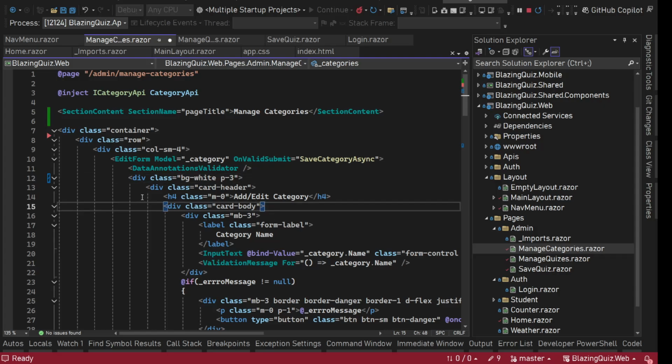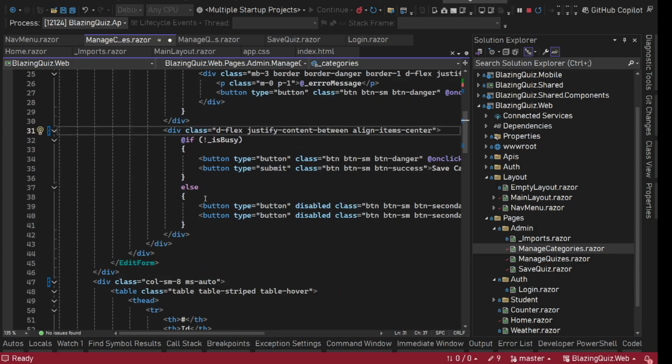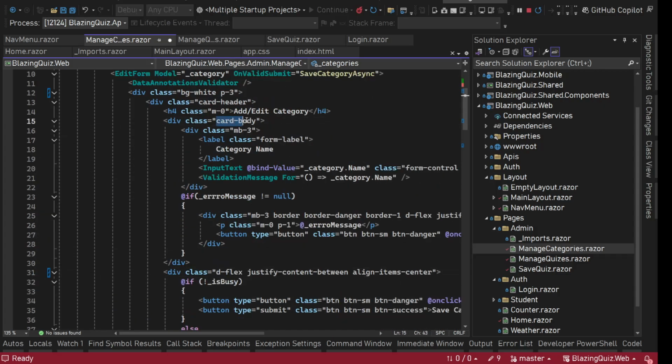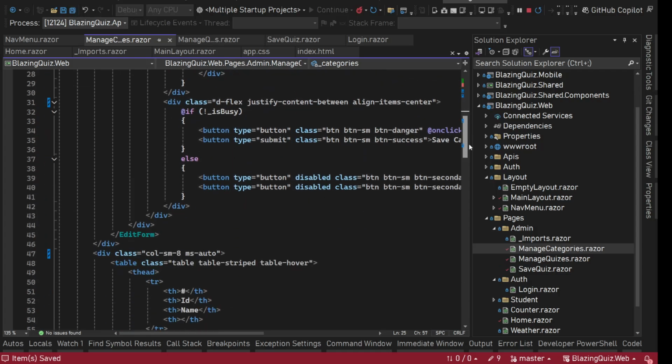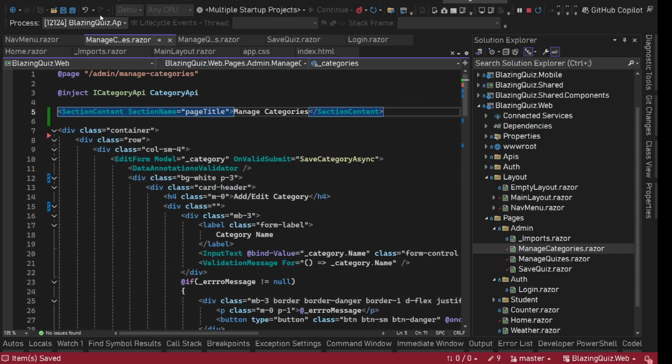and then we don't need this card body, and then we don't need this card footer. So we'll remove the card-footer class from here and leave everything else like this only, and we'll remove this card-body class from here. Okay, save it and let's see how it looks. It should look better than before,